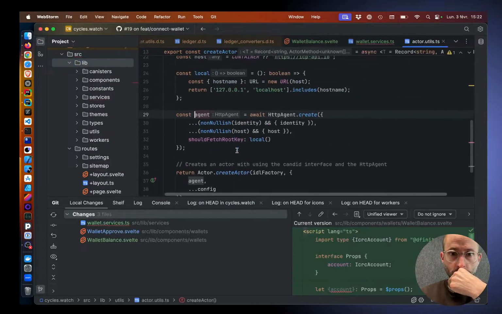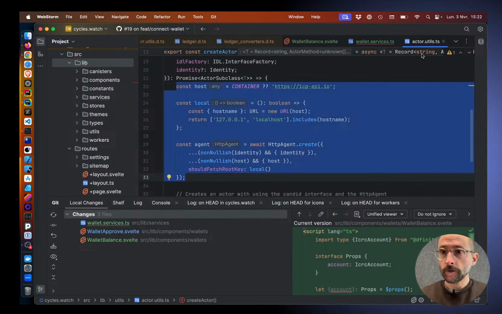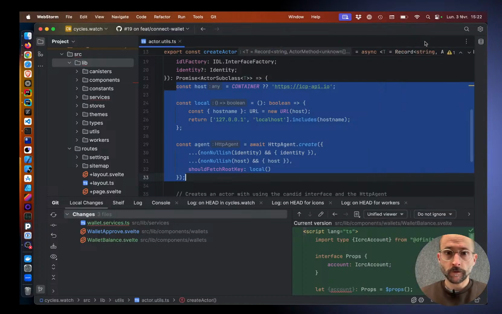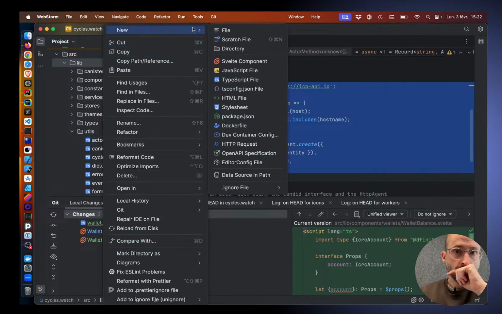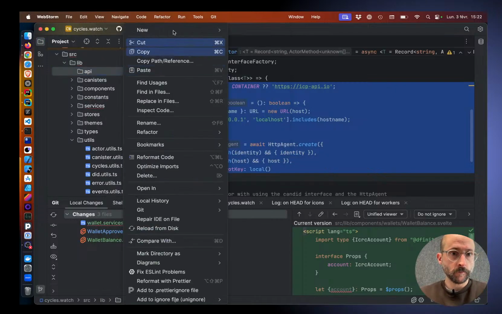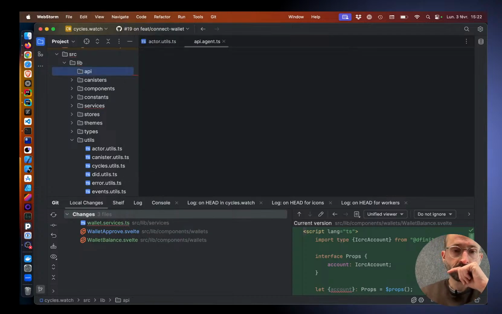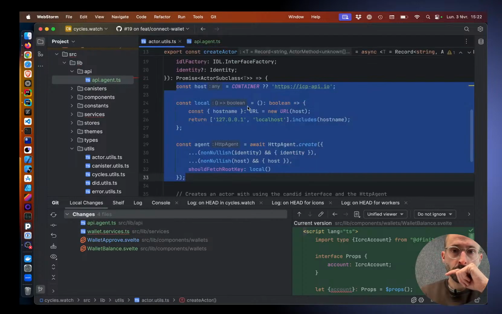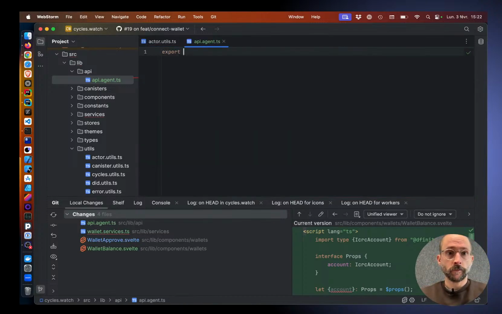So we need this part here, so we're not gonna just copy it. What I suggest that we do is, later on I will move this, but we're gonna create an API.agent. So what we want is a channel to query the IC, so we're gonna put that here, export